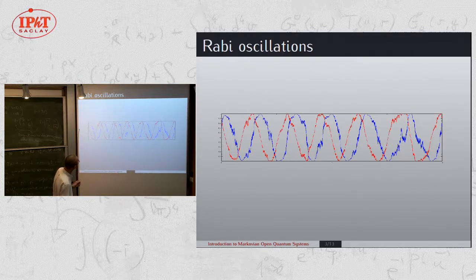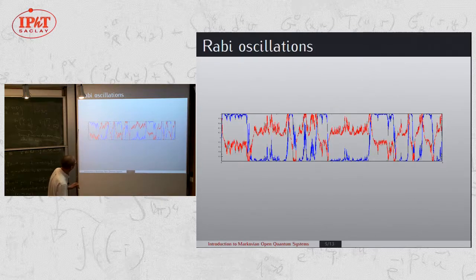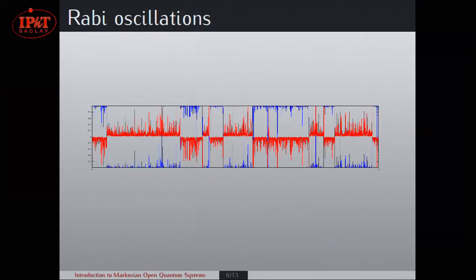And then you go on and you measure more and more often, and if you look at this picture, it's already essentially impossible to see that there are regular oscillations. The blue really becomes really irregular, and you make the measurement stronger and stronger, and this is what you see. And the extreme looks like this.